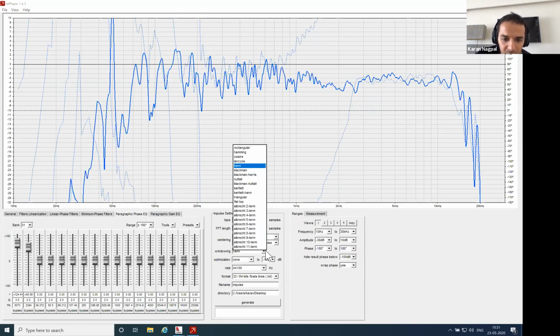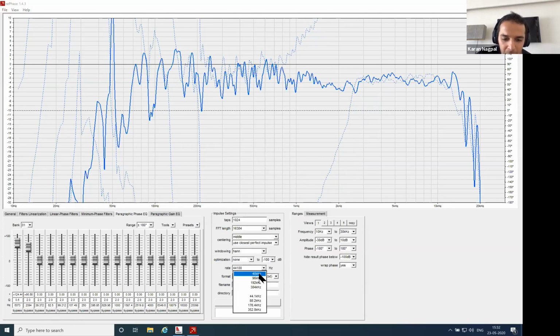Windowing, again, it's not too critical. Don't get into too much complication. We don't have to become mathematicians. Our sampling rate, we keep it at 48 kilohertz. We can generate 48 and 96, and we can just generate this,